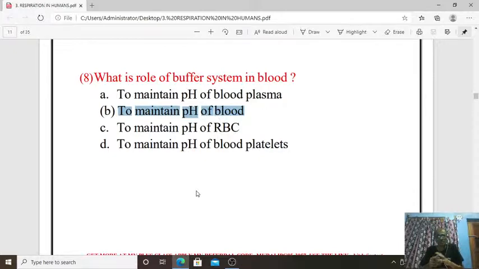So pH of blood is very important, because if the pH varies, it will directly affect the RBC, and the oxygen carrying capacity of RBC will reduce. So maintaining our pH, it is not below 6 or 5, and not above 8. So the pH of the blood is maintained by this buffer system. Water content and ionic balance are all very important in the case of blood to maintain the pH.